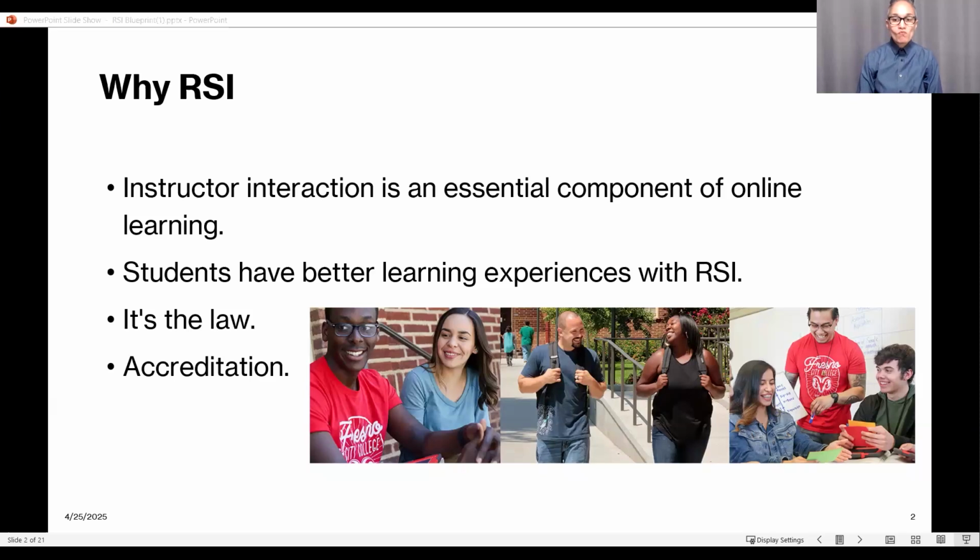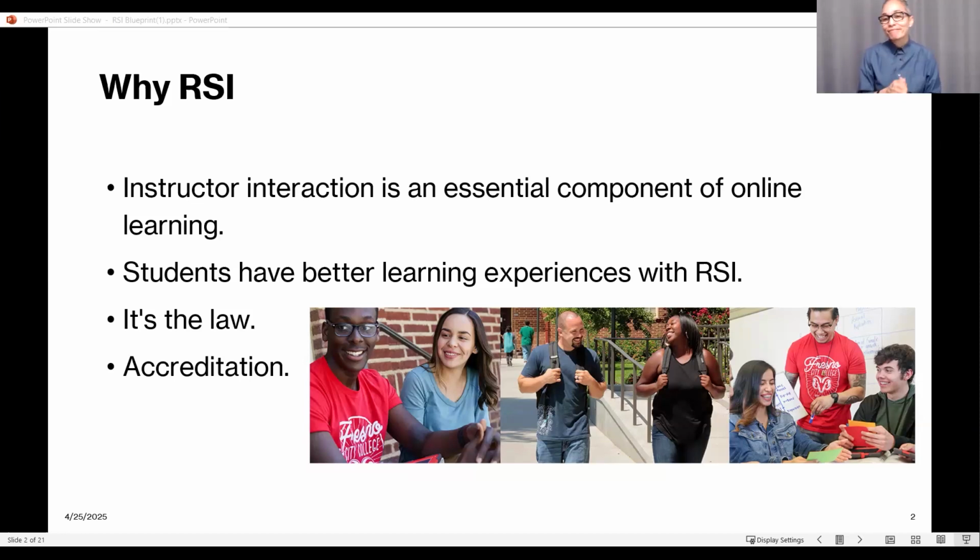As we've done in the past two sessions, I'm just going to give you an overview of RSI, what we have here on campus in regards to our RSI policy, and then we'll get into the meat of today's session about the interaction plan. For those that are new, this is a good introduction, but for those that have been with us, this is a good review as well.